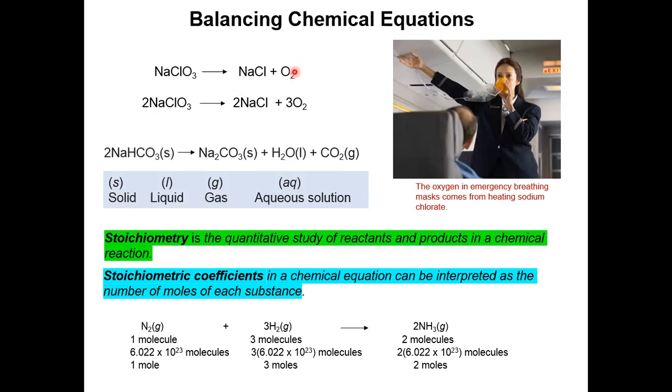By the way, this is the oxygen which is used on planes. See, before, there are no coefficients here. But if you count the amount of substances and elements, it will not be the same on the left-hand side and right-hand side. Say if you count sodium, it's 1. Also, it's 1 here. Chlorine, it's 1. Also, it's 1 here. But oxygen, we have 3 oxygens here. We have only 2 oxygens here. So we need to balance this situation. Otherwise, it's not going to be correct